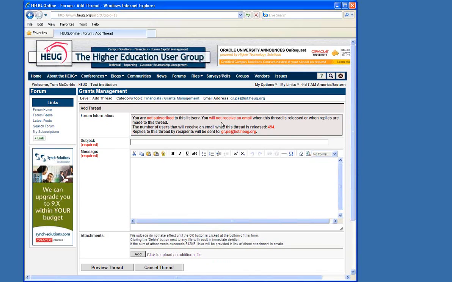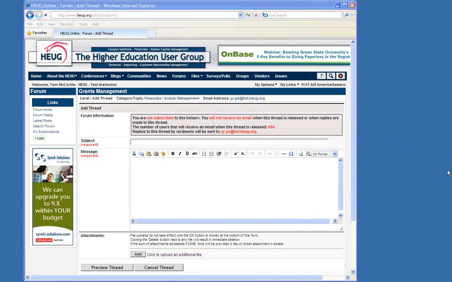If you aren't subscribed, you're not going to receive an email from the listserv. It's also going to show you how many users are going to receive the email once you release it, so how many people are actually subscribed to the email list, and where the replies are going to go. So you'll be able to see that general overview information about the different